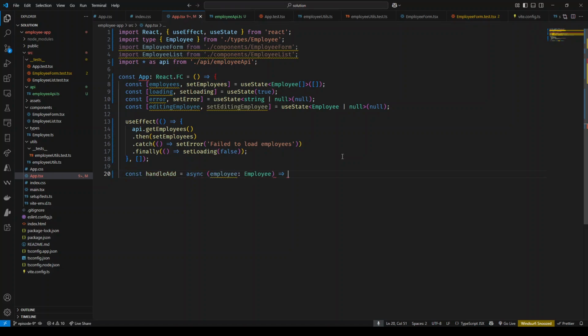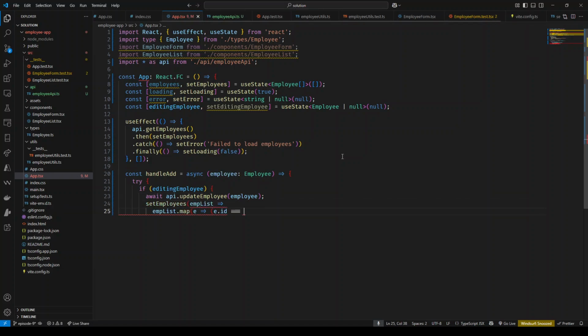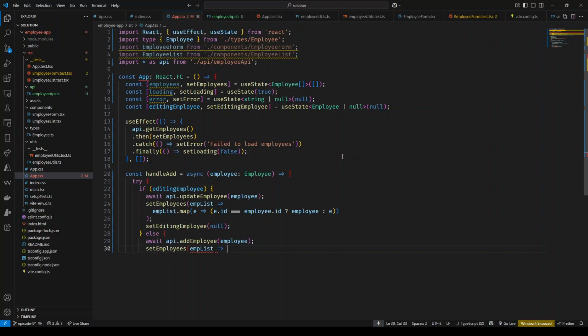We're using promises, then, catch, finally, and then we are going to write the handle add. For handle add, again, we are going to use the update employee from our API. Or we're going to use add employee